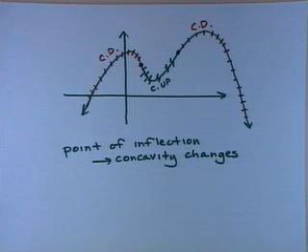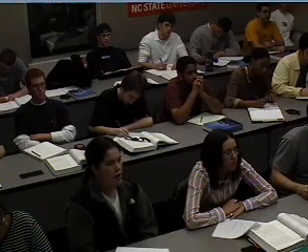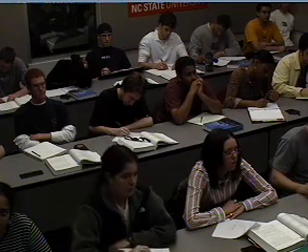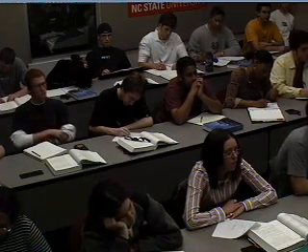So to actually be a point of inflection, the concavity has to change there, from concave down to concave up, or vice versa. So is there a potential for a point to be a place where the second derivative is 0, but it's not a point of inflection? That potential is there. Any questions about this picture before I move this one? Okay, let me show you one where we can have a second derivative that's 0,